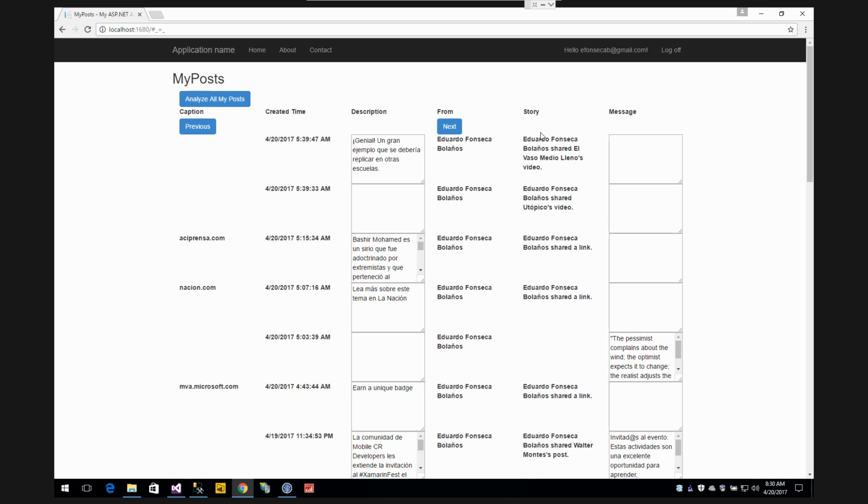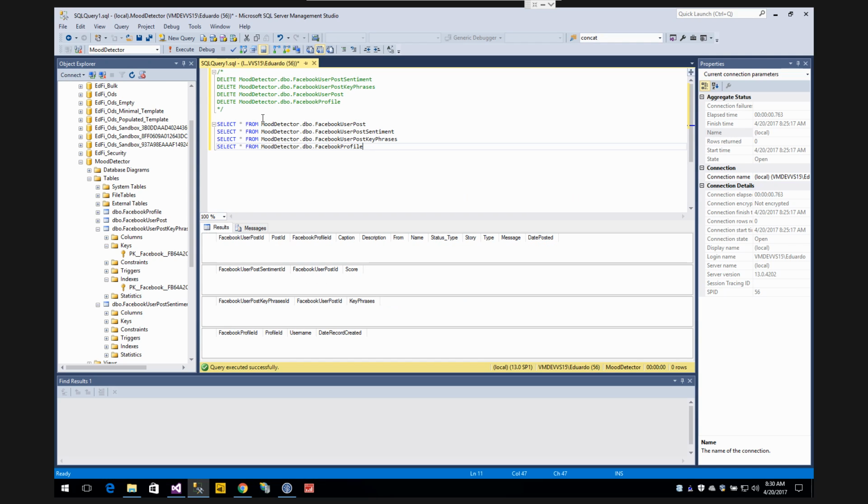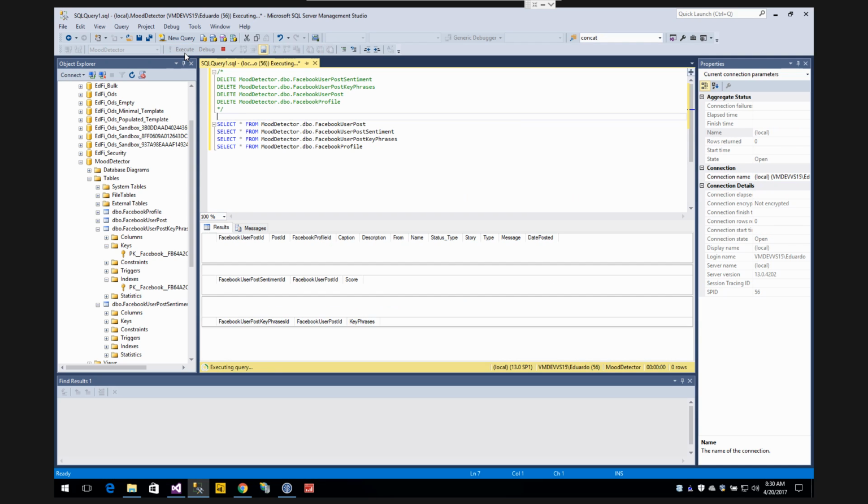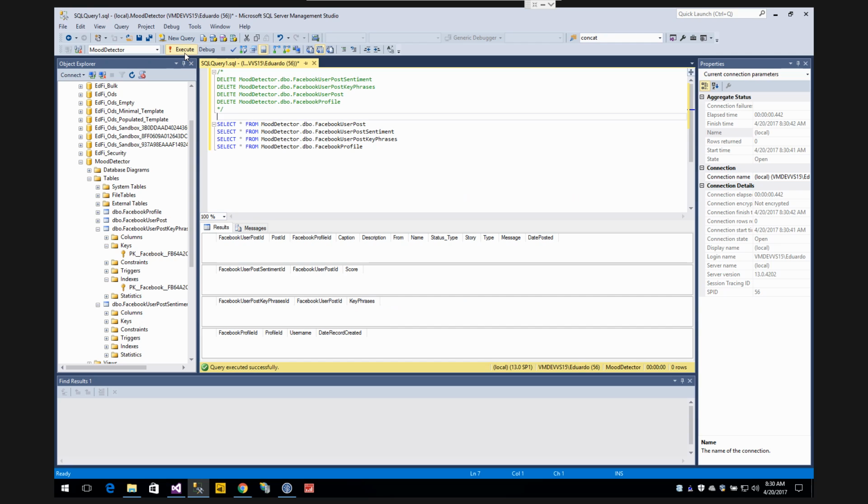So if we log in, we see things such as the posts, the description, and the messages. We have a small test to analyze all the posts. It will basically start importing the user data, and it will then analyze it. It will analyze things such as